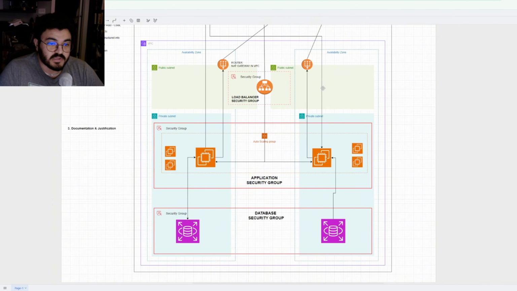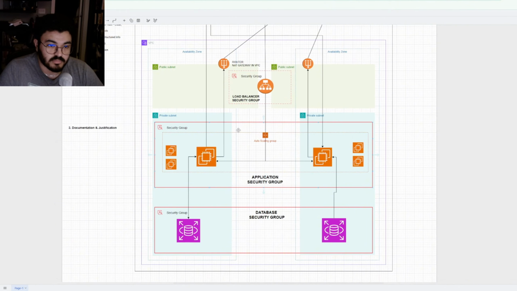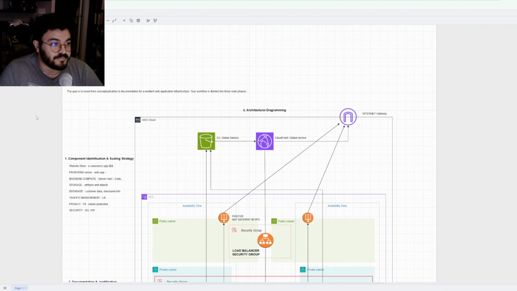Now moving into our next security group. So we have our EC2s in a private subnet. They're within a separate security group, which is the application security group. So for backend processing, we have these in one security group, and then we also have this database. And so we have an RDS instance within both AZs, although I think it might be a good idea to also